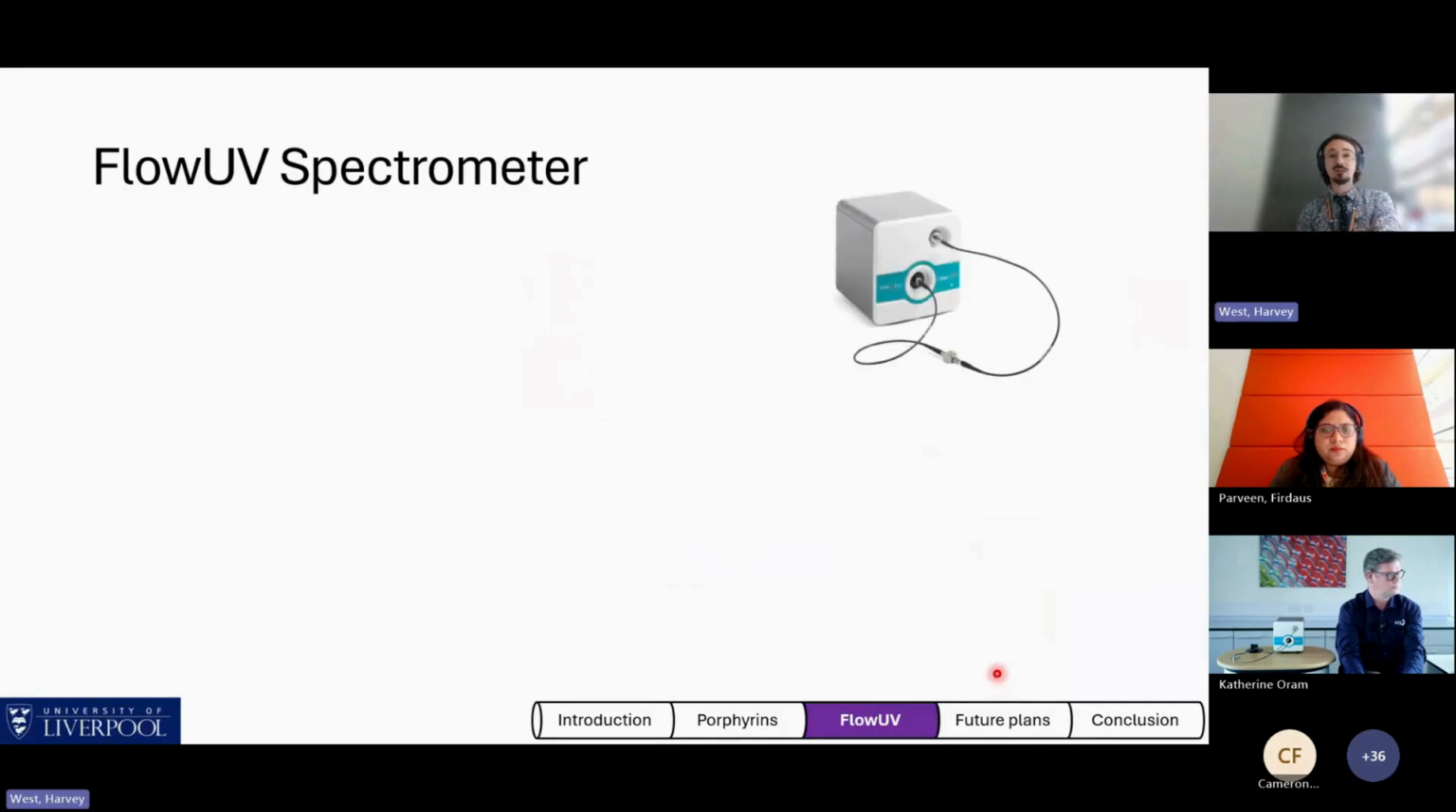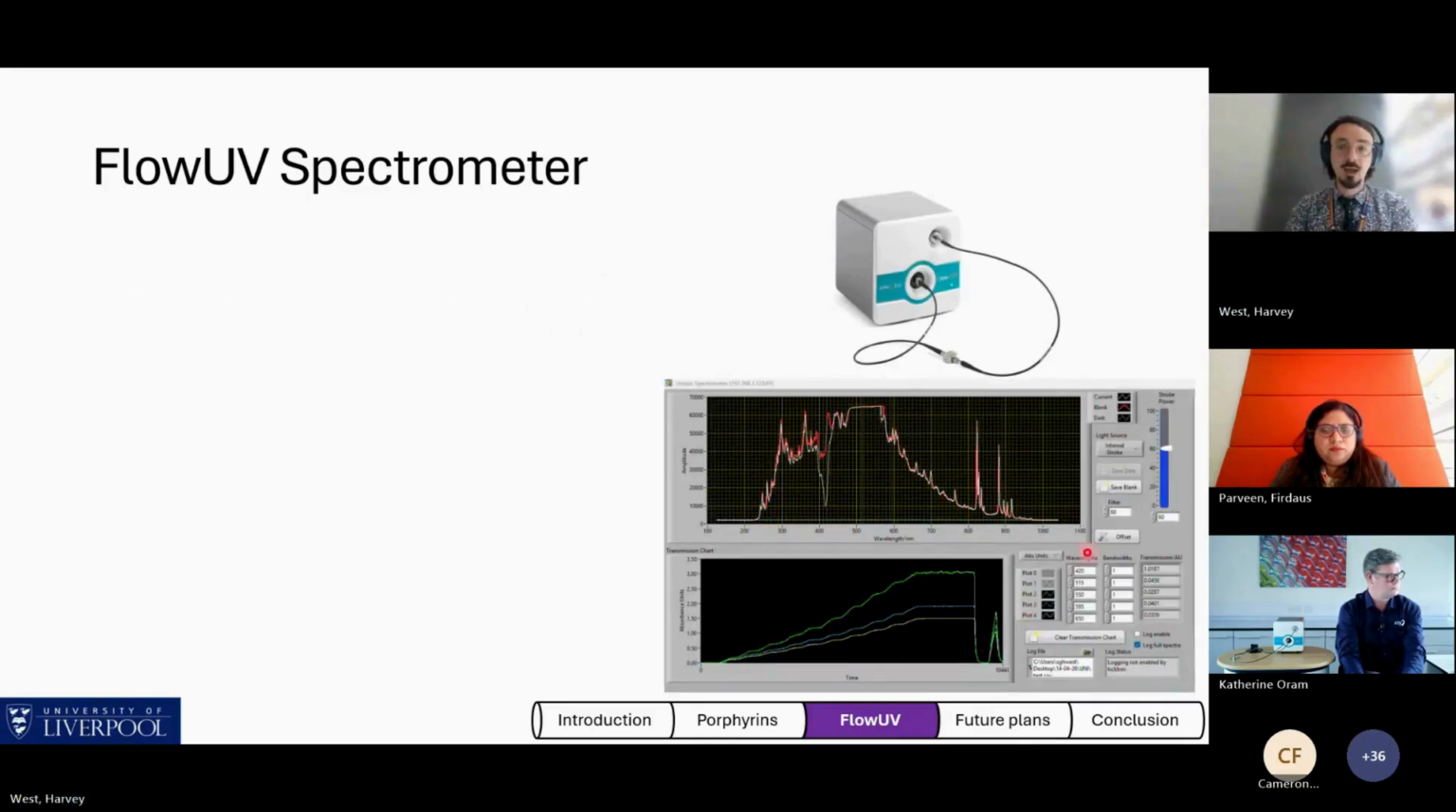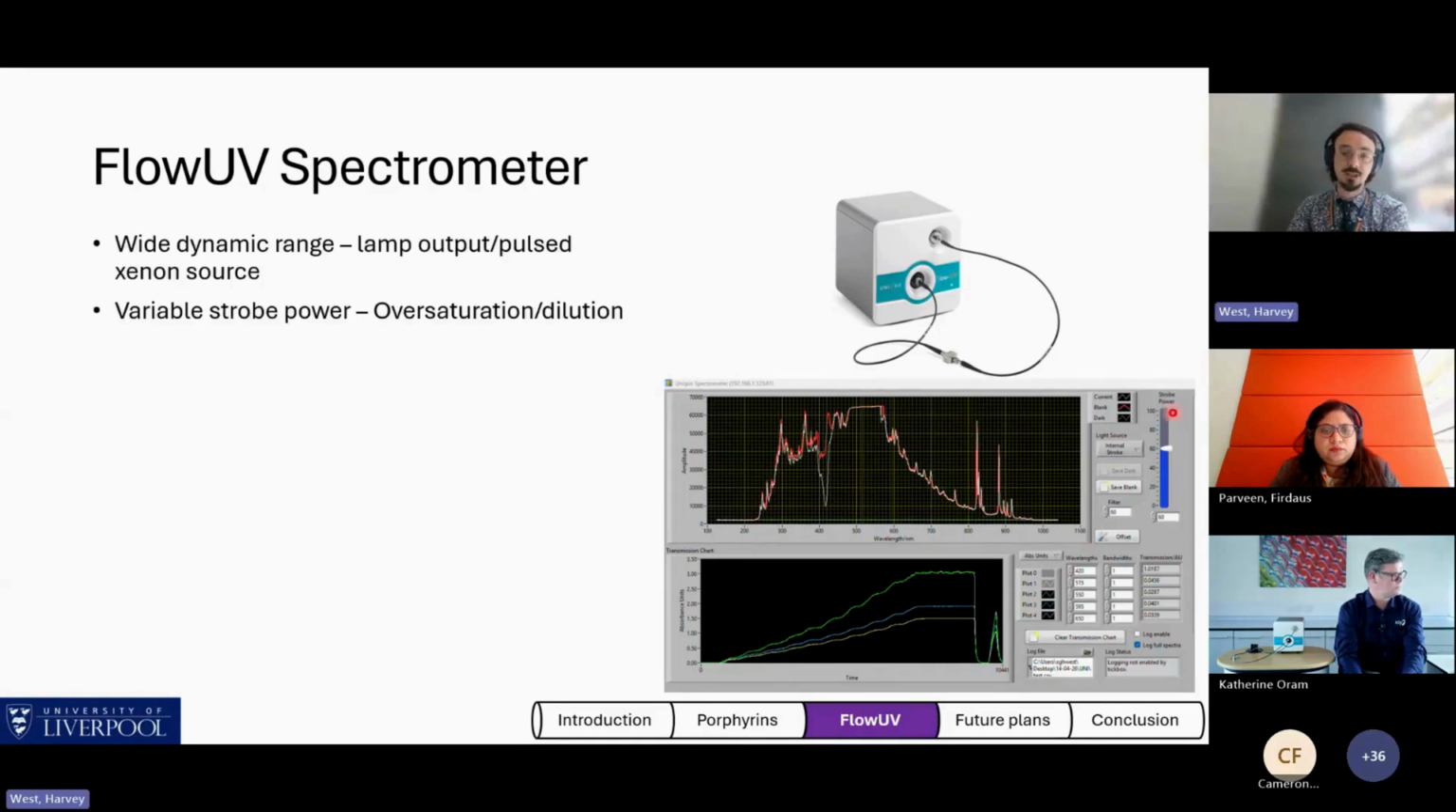So let's take a quick look at the FlowUV spectrometer itself, a daily workhorse for myself in the lab. Up here is the device, and down here is the application that I predominantly use to control it. Immediately, we can see that we have access to a really quite wide dynamic range from our pulsed xenon source. And this is somewhat unique, given that the majority of UV